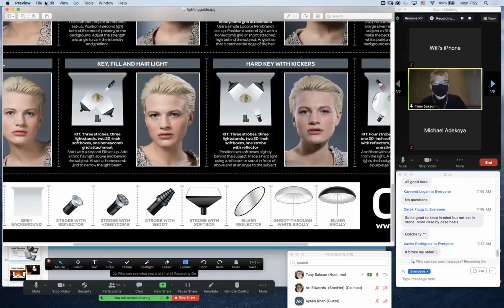Make it just a little smaller. There we go. That way we can fit everything in. All right, so